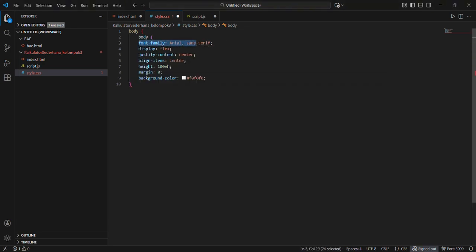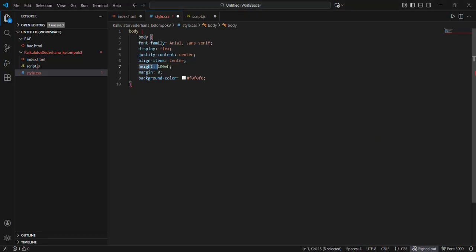This is the main font used for the entire web page, so all text looks clean and readable. Next, these three properties center the calculator both horizontally and vertically on the screen.